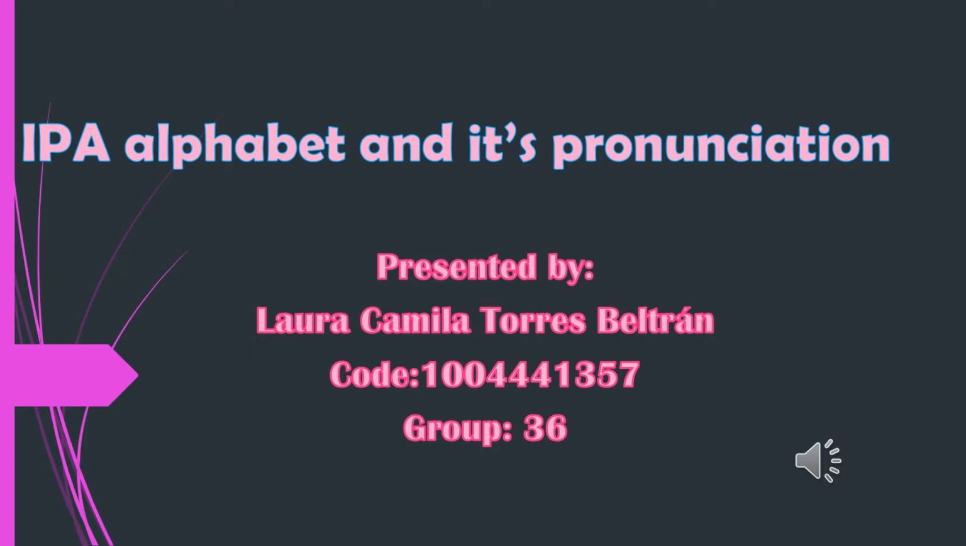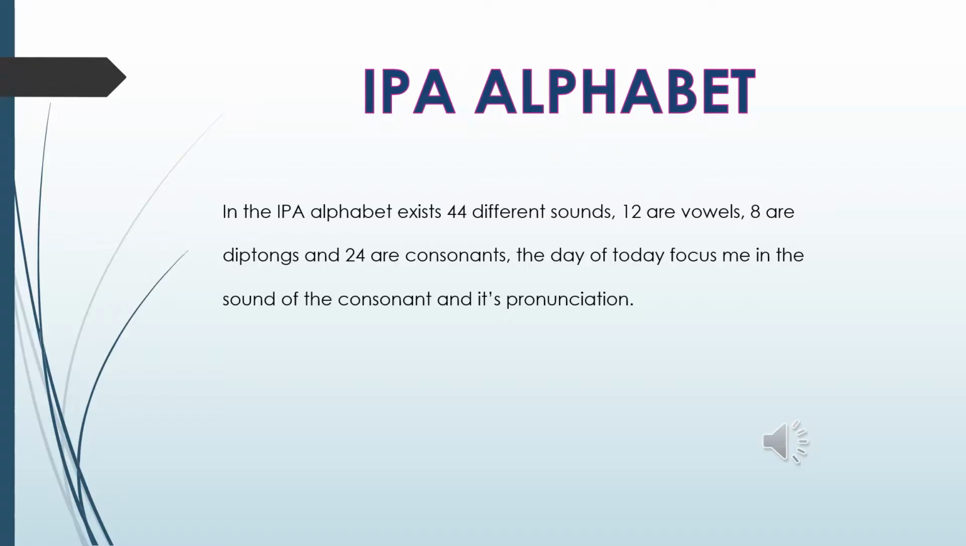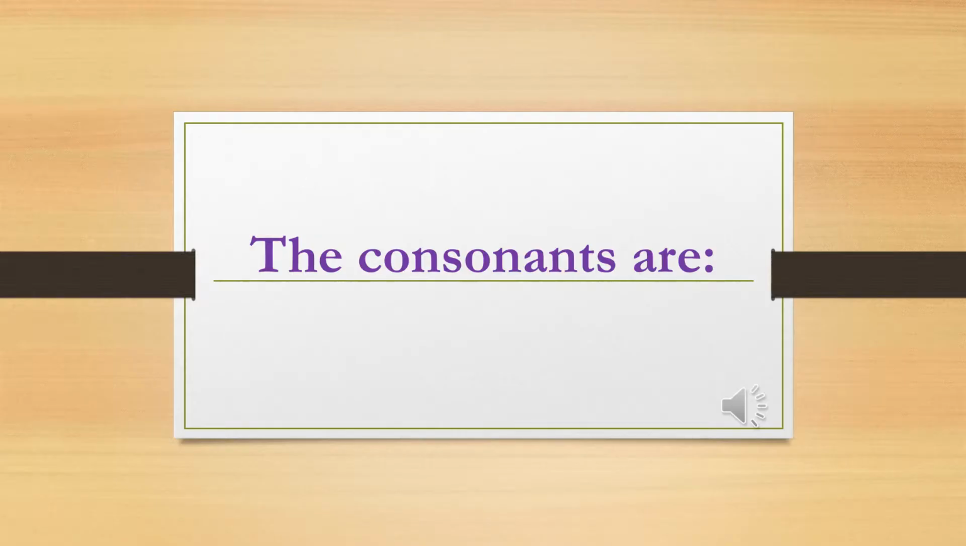Today I will talk about the IPA alphabet and its pronunciation. Let's go. In the IPA alphabet there are 44 different sounds. 12 are vowels, 8 are diphthongs, and 24 are consonants. Today I will focus on the sound of the consonants and their pronunciation. The consonants are